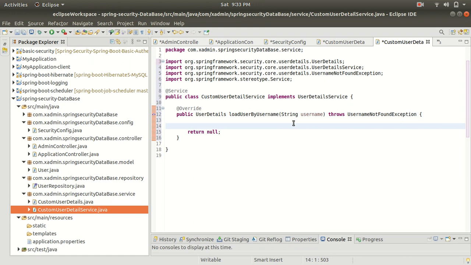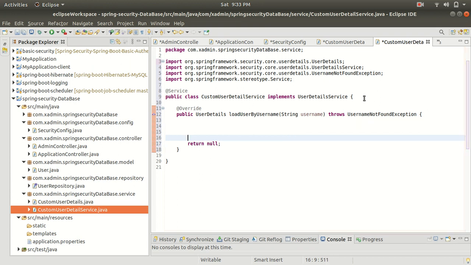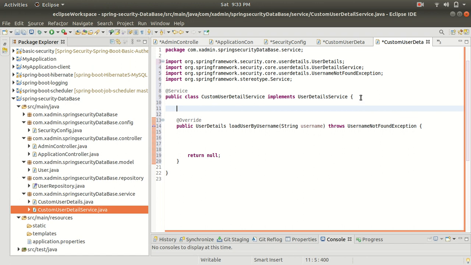All right, so here I am going to fetch the user object with the username from the database using the repository. So for that I have to inject the repository first. So let me inject the repository first.